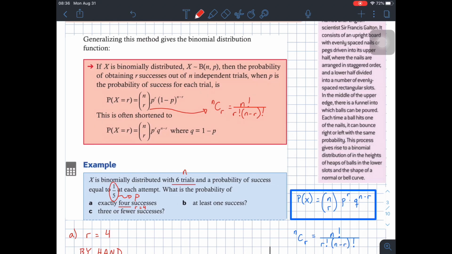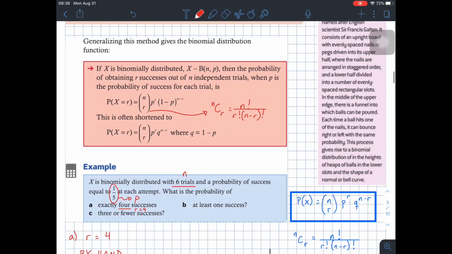It has only two different alternatives in the universe, either success or failure, such as, for example, tossing a coin, right? Tossing a coin has only two different possible outcomes, which are either getting head or getting tail. Okay, so